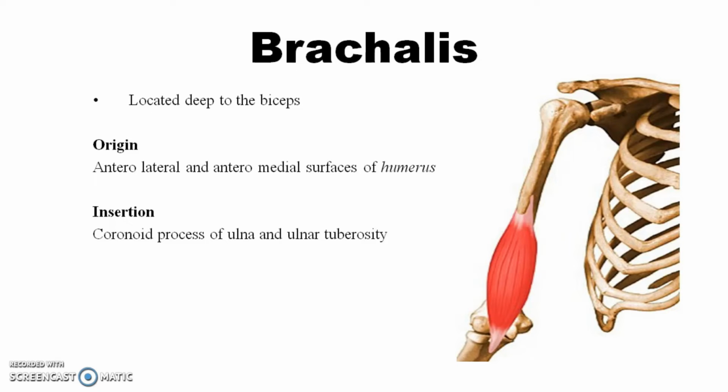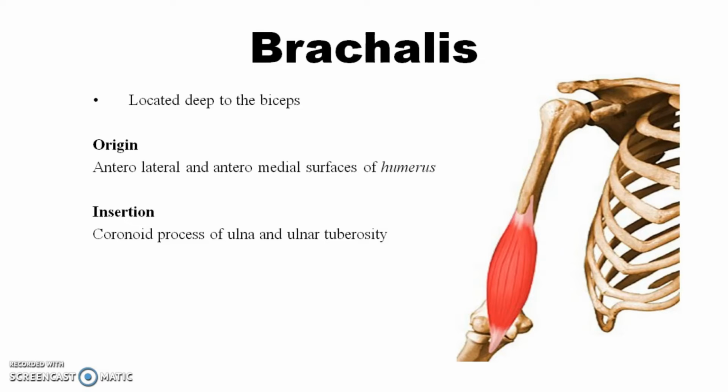Just to remember, we will be having medial side one bone present in the forearm we will call as ulna. In ulna we will be having these two special features such as coronoid process and also a tuberosity called ulnar tuberosity. So in these two regions we will be having insertion of this brachialis muscle. So origin, it is happening from the bone in arm region. Insertion is this going and inserting in the forearm bone, that is ulna, which is present medially. So origin from anterolateral and anteromedial surface of humerus, insertion in coronoid process of ulna and also in ulnar tuberosity.